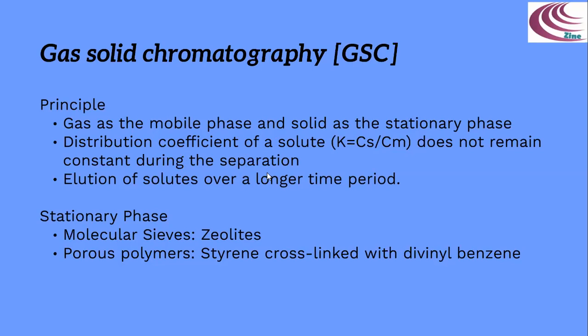Hence, the solutes in the gaseous form are not eluted out completely from the solid stationary phase. And this leads to semi-permanent retention of solutes on the stationary phase and further causes elution of the solutes over a longer time period. And because of this, it is difficult to record narrow peaks for solutes in gas solid